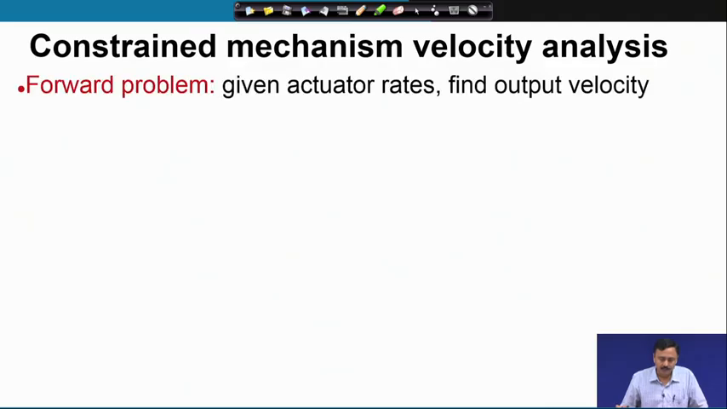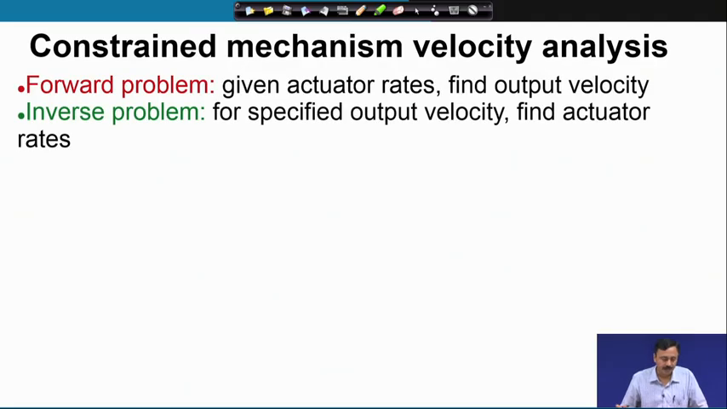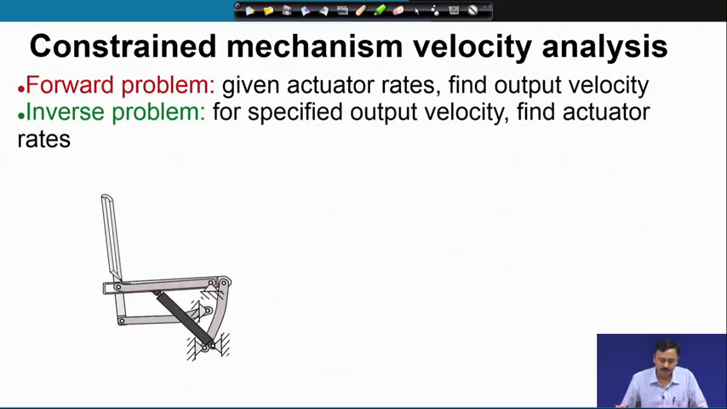In the case of constrained mechanisms, that means mechanisms with 1 degree of freedom, we have one actuator input, one output, and given the actuator velocities, finding out the output velocity is the forward velocity analysis problem, and the inverse velocity analysis problem is just the reverse, which means given the output velocity, you have to find out the actuator rates. We have looked at this problem of transfer device as well,